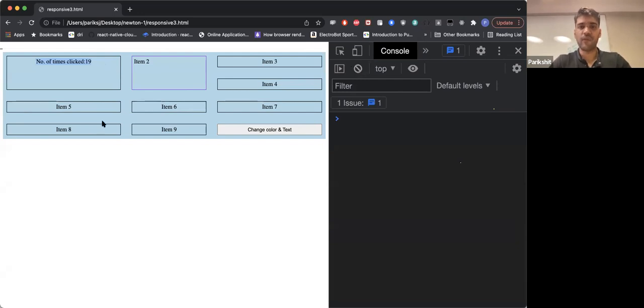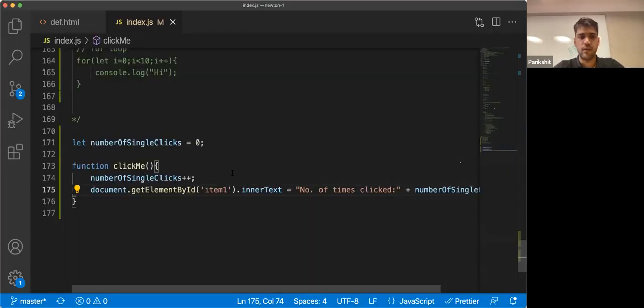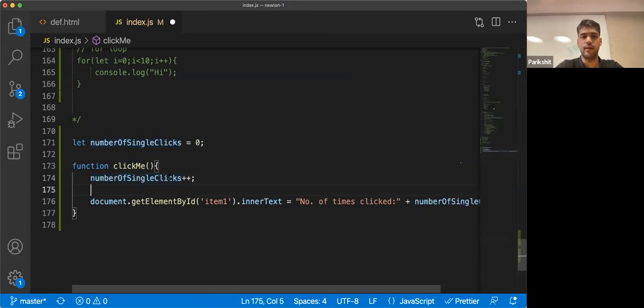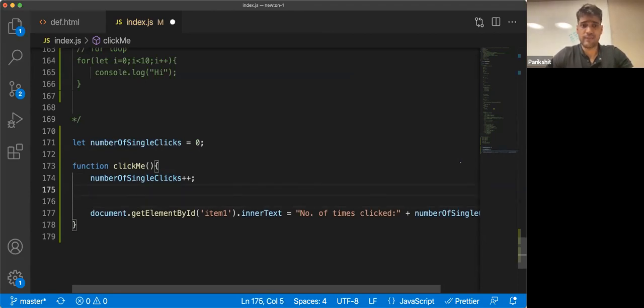basically this is a problem of conditions, right? Now let's understand our code, guys. What is in our code is number of single clicks, right, which changes each time that we click the button. Okay. What we essentially have to do is check what the current value of number of clicks is, right? So what I can say is